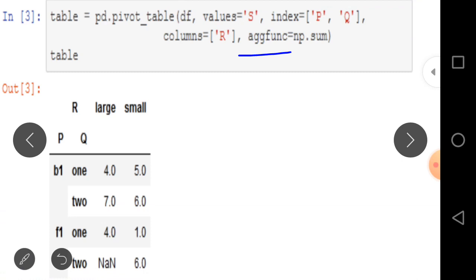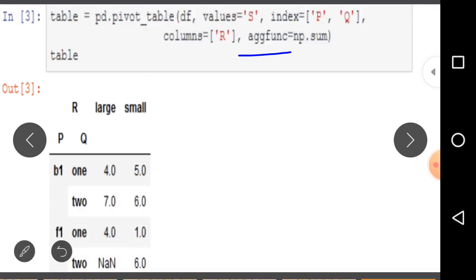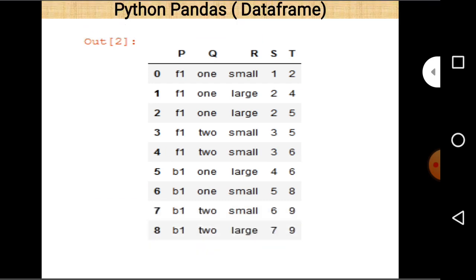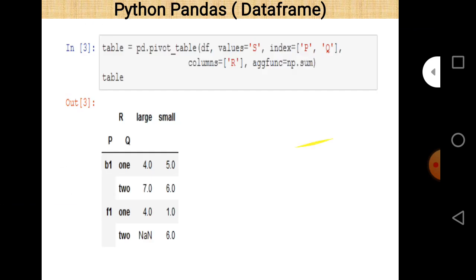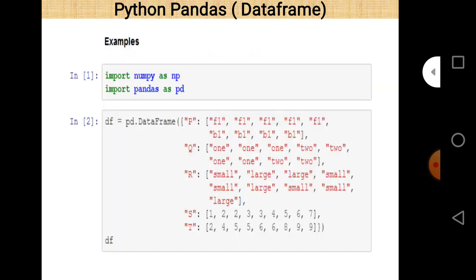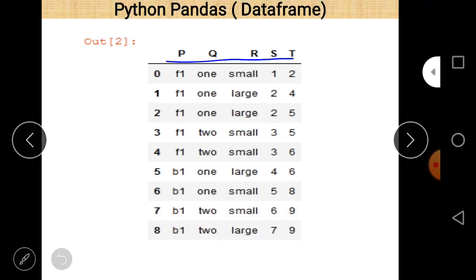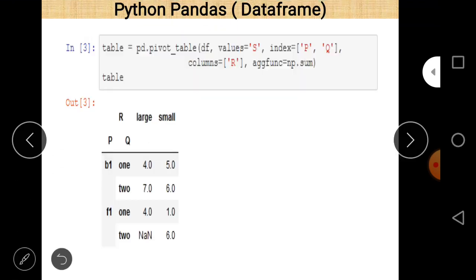Now look at the original data frame, with columns PQRST.